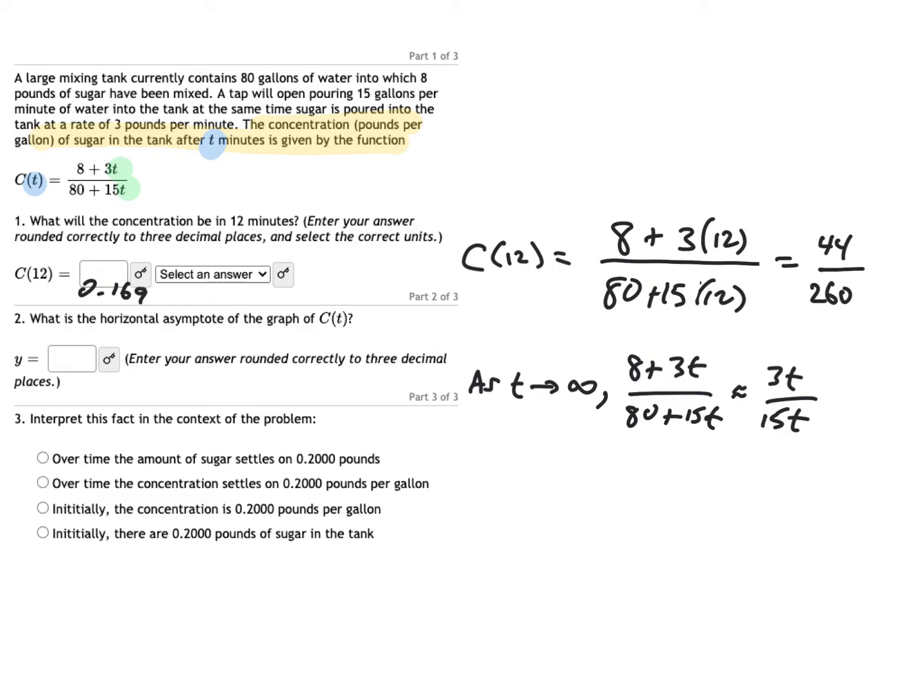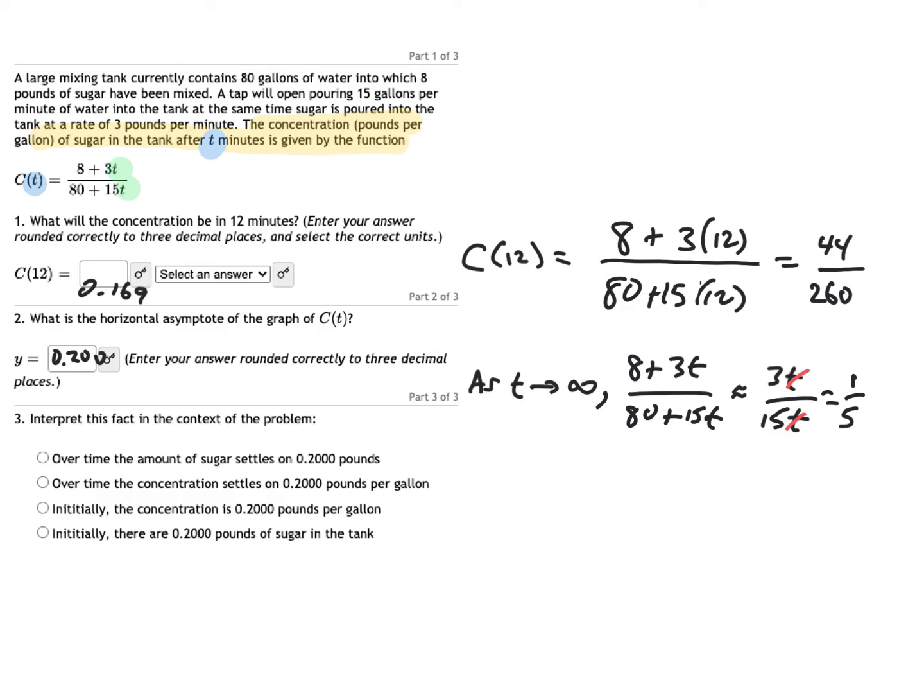And of course, the algebra here would allow us to cancel these T's, and 3 and 15 is 3 times 5. So we could do a little bit of algebra of canceling things. I'm going to cancel those. I'm going to rewrite 15 as 3 times 5 and cancel the 3, and I'll have 1 over 5. So as T goes to infinity, meaning T goes way, way out to the right, the outputs of this function are getting closer and closer to 1/5. So that is going to be our horizontal asymptote. Of course, 1 over 5 is 0.2, so